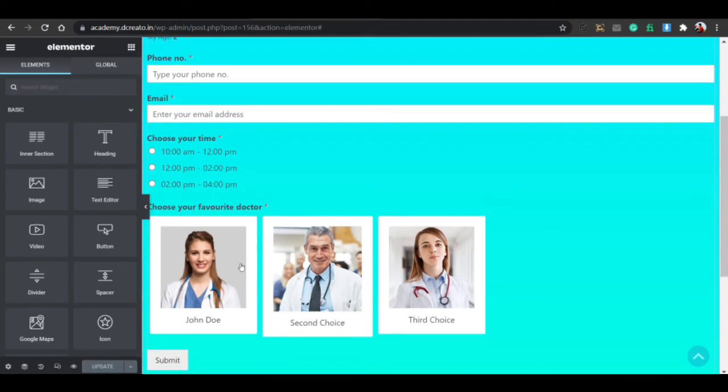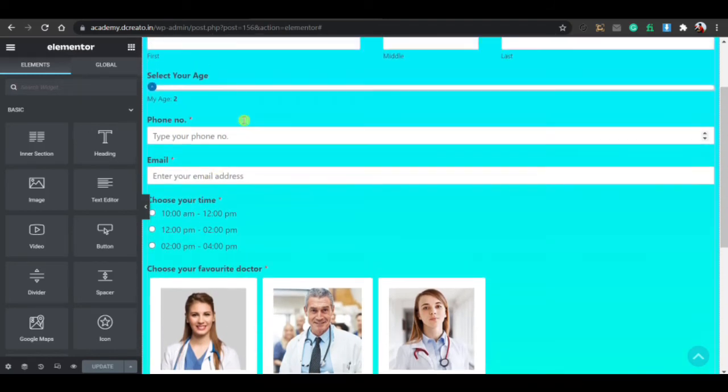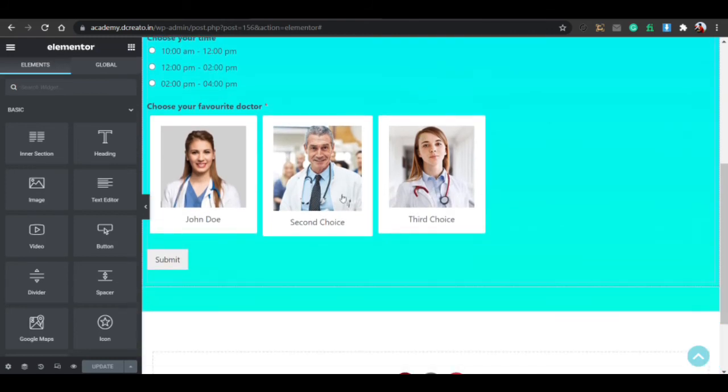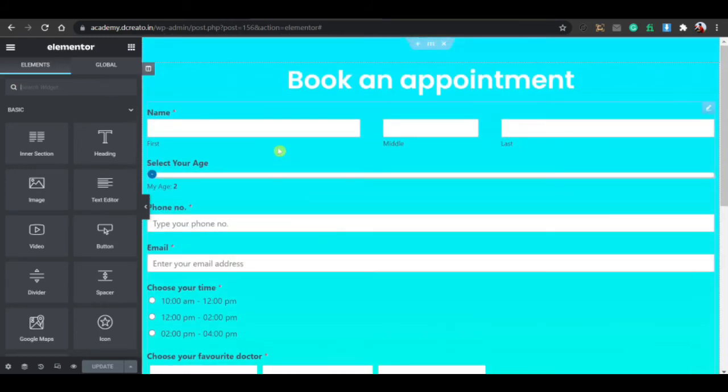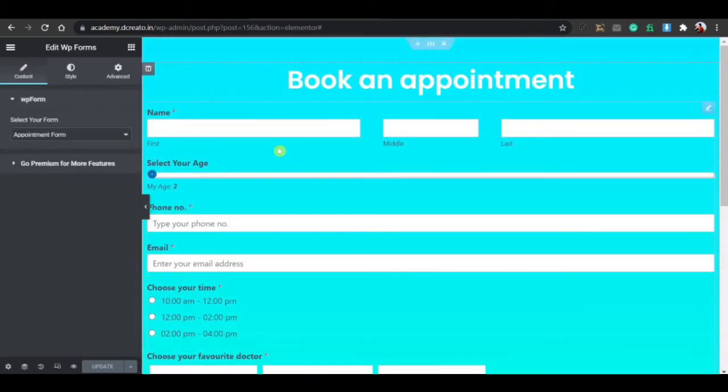These are all the choices: favorite doctors, the times, email, phone number, age, and name. It's already all come in. So now we want to customize it. Just click on this, and then